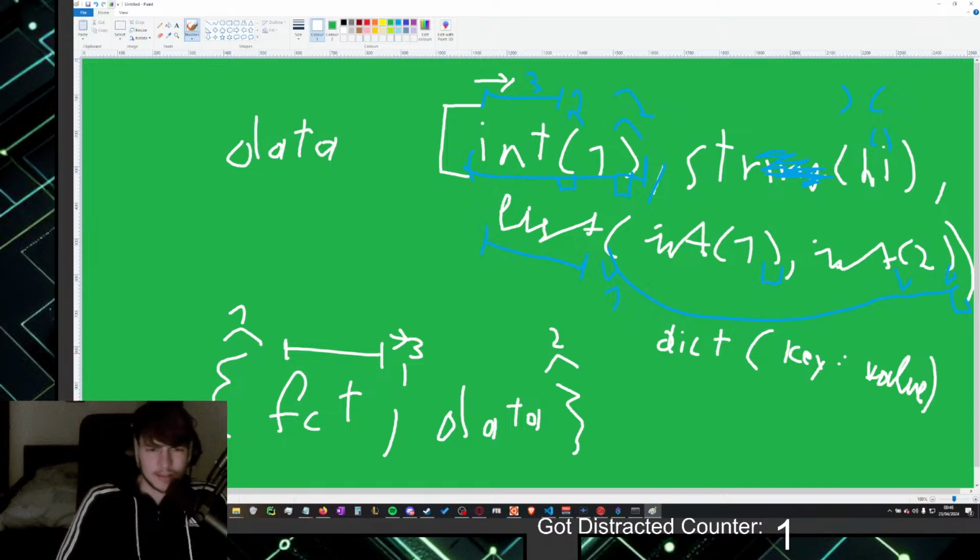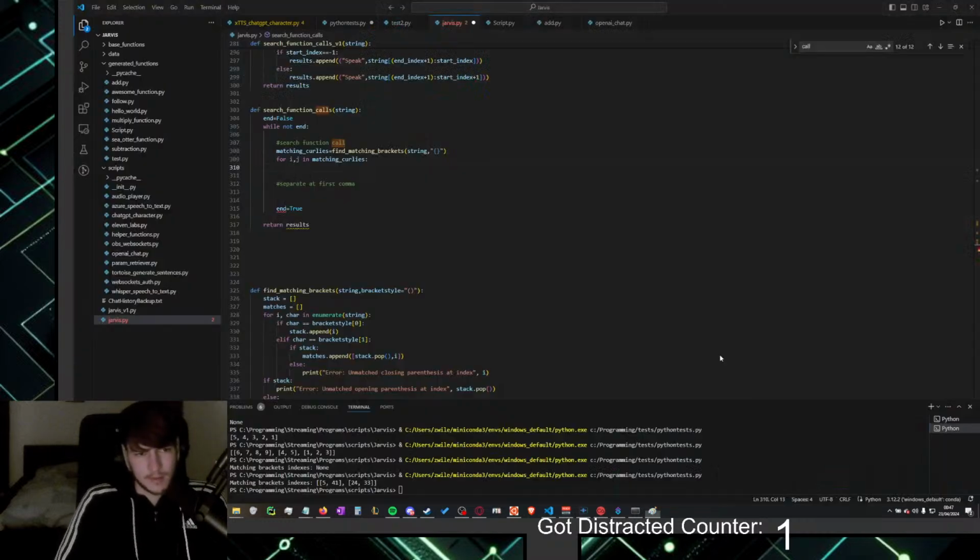There's actually a high chance that it will ignore that way and just write lists like this and dicts like this. But I think I'll ignore it for now.